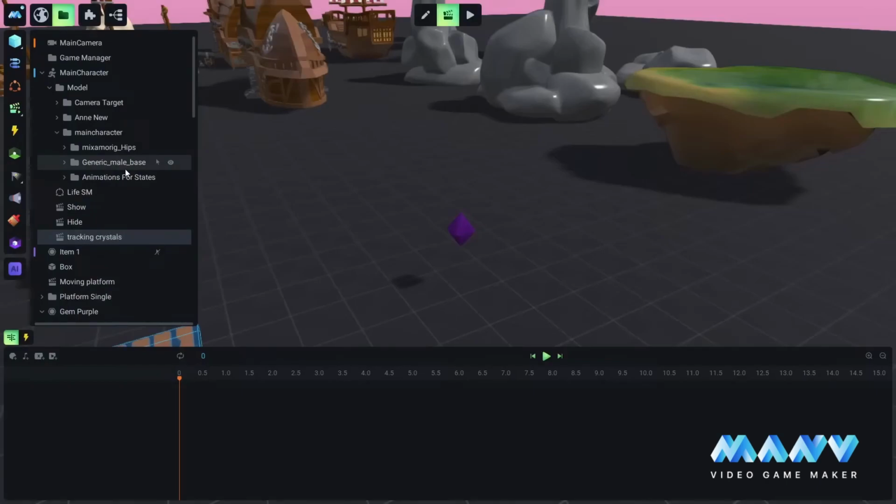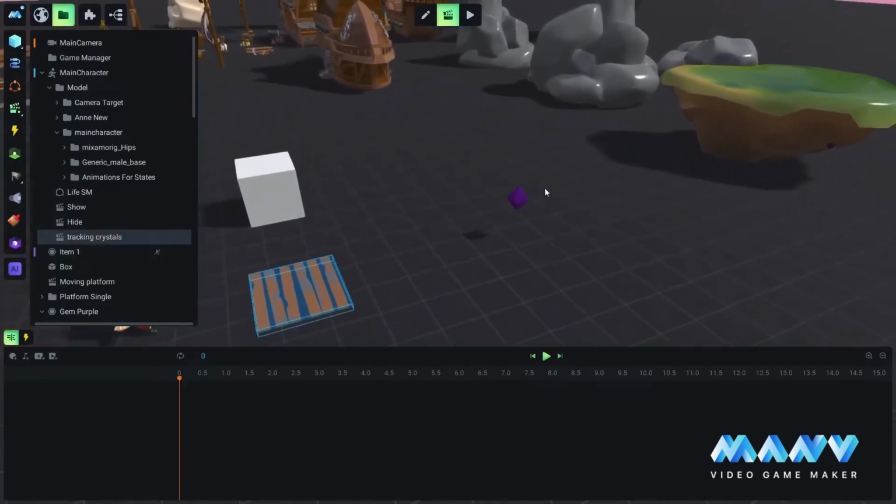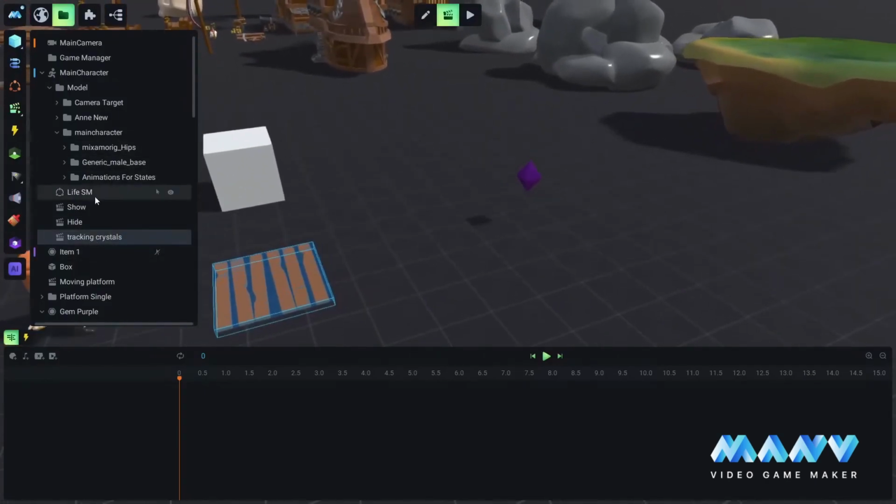Okay, anything, it doesn't matter. So tracking crystals. So what we want this to track? We want to track the total number of the crystals that we have collected. And to do this, first we want to see how we can increase this number, this variable number, the crystals,